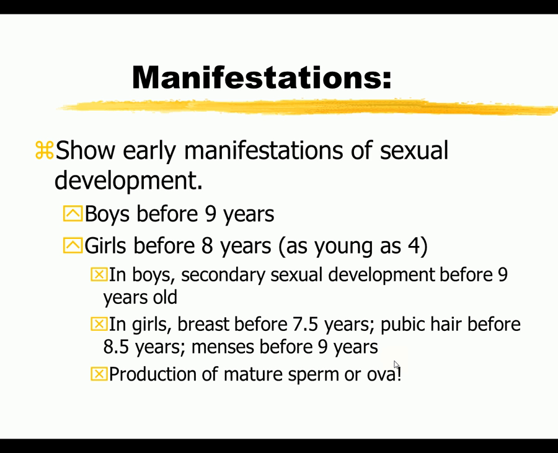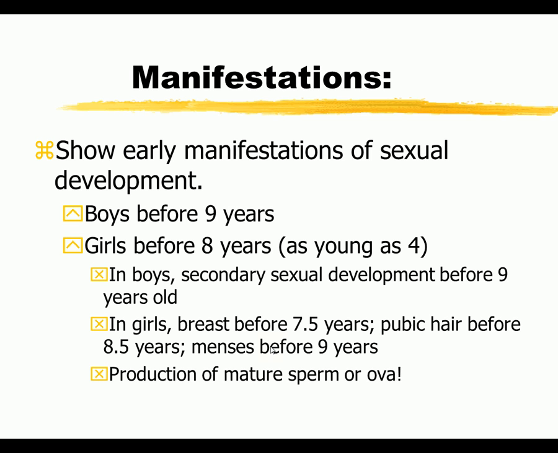They're going to show early manifestations of sexual development. Boys before 9 and girls before 8, as young as 4. In boys, secondary sexual development before the age of 9. In girls, they can have breast at 7, pubic hair before 8, 8.5, menses before 9. And they are producing mature sperm and ova. That's very important. Now, I will tell you, if you think about this, the permanent complication of having precocious puberty